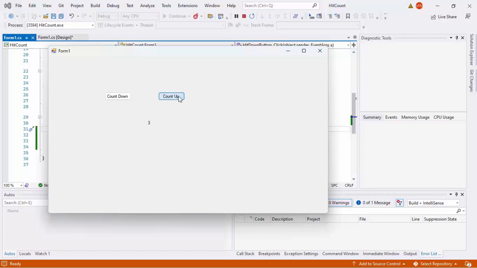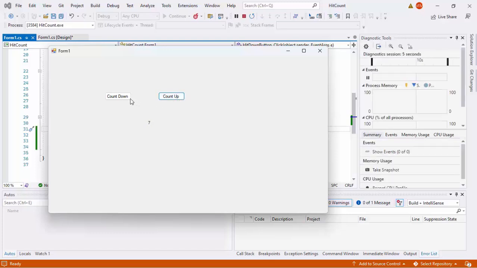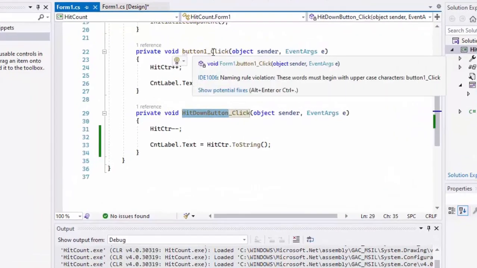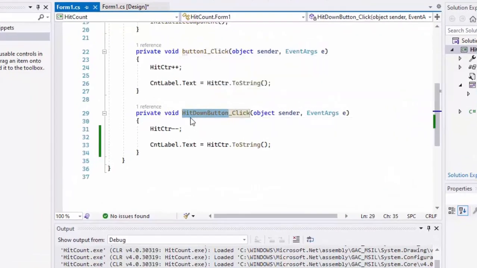Okay, count up works, still working. Count down is also working. That is it. So now let us change this, instead of button 1 underscore click, we change to hit up button underscore click. So copy from down, paste it to up.